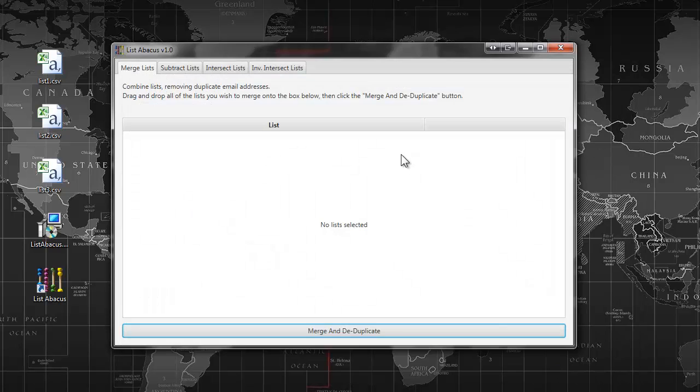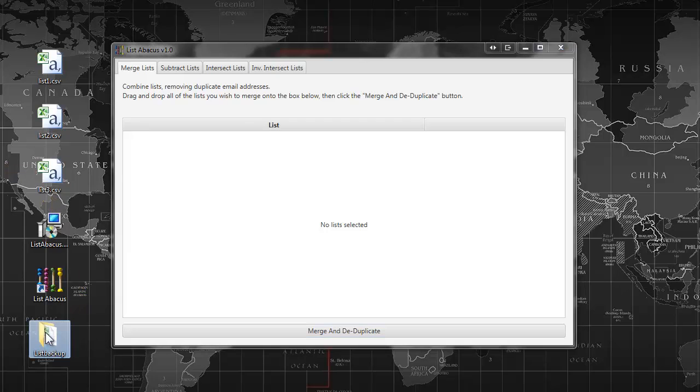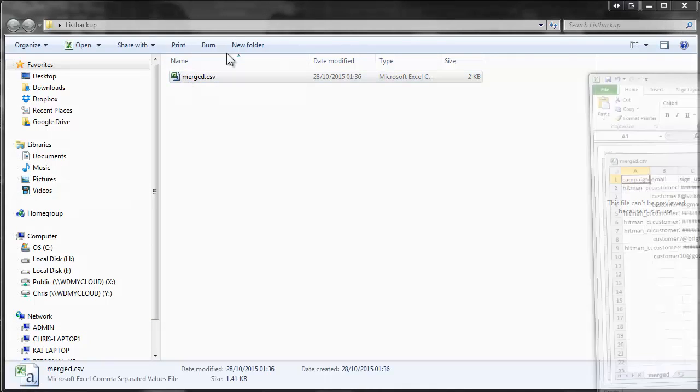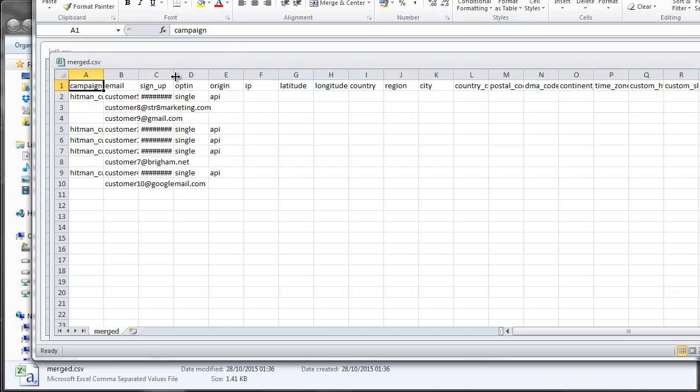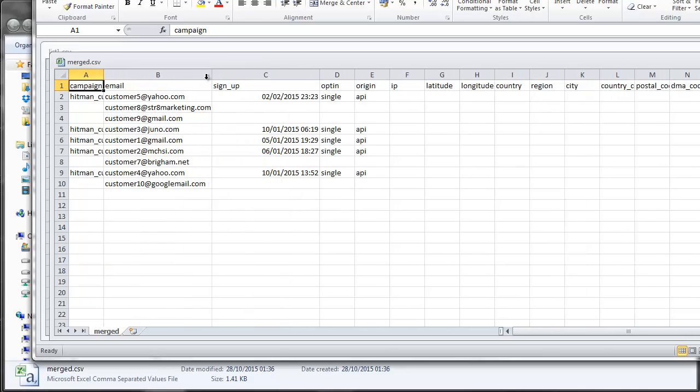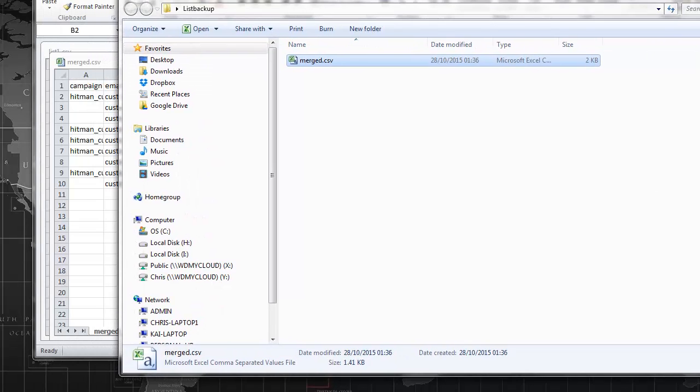That's the job done. And you can merge multiple lists, as many as you like here, and deduplicate at the same time. Just to show you that's worked, I'm just going to take you through the lists and show you the folder that it's listed the file in. So there's the merged, which essentially I'm going to open now, and these are just demo addresses, so I'm just going to slide that across. There you go. That's my list of merged mails,